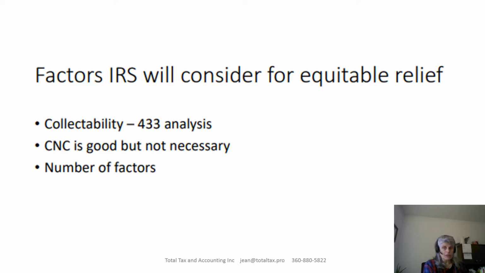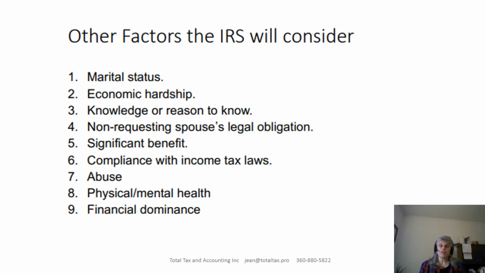Uncollectible status, which is known as CNC with the IRS, is good, but is not necessary to gain equitable relief. There's just a number of factors that go into this particular situation. So they'll consider your marital status, what economic hardship you may be experiencing or could experience, their knowledge or the reason that you could have known, the non-requesting spouse's legal obligation, so the other spouse's legal obligation, the significant benefit that you may receive,